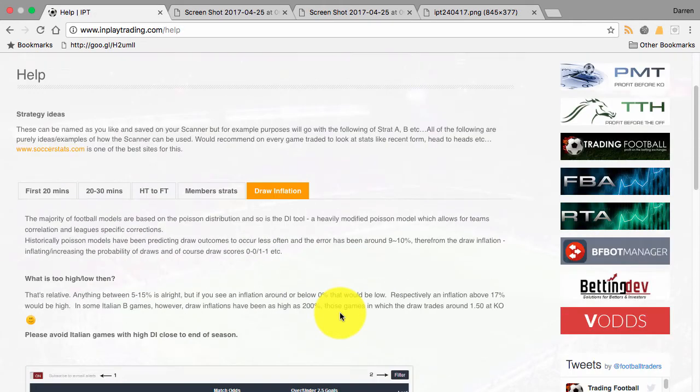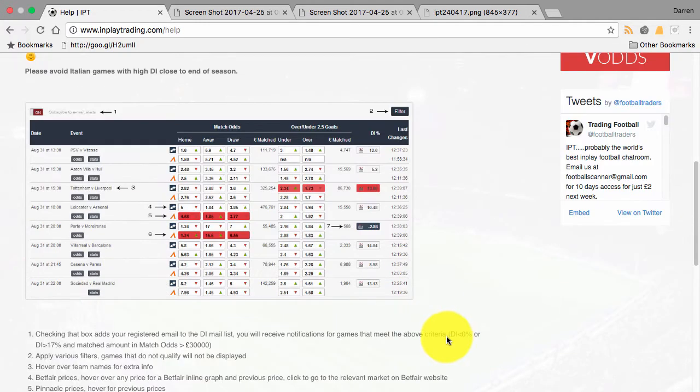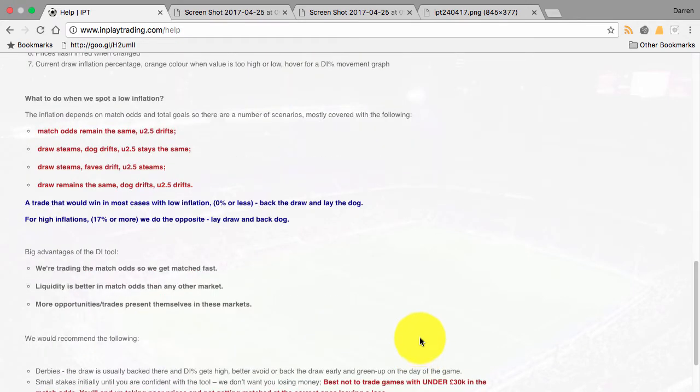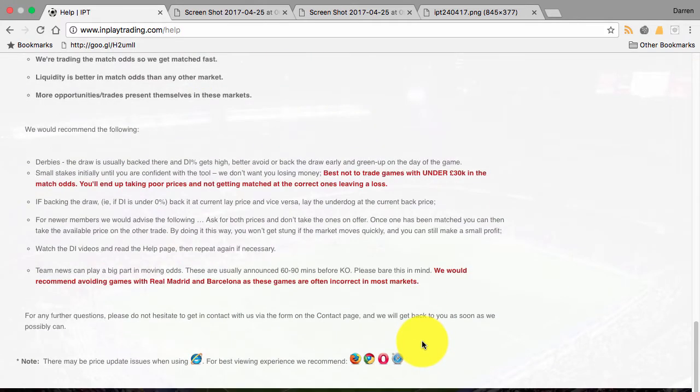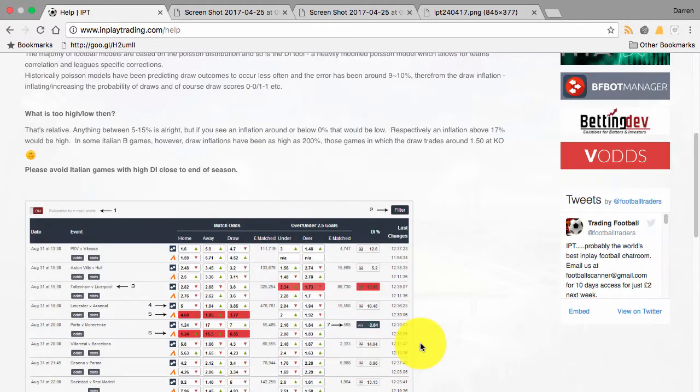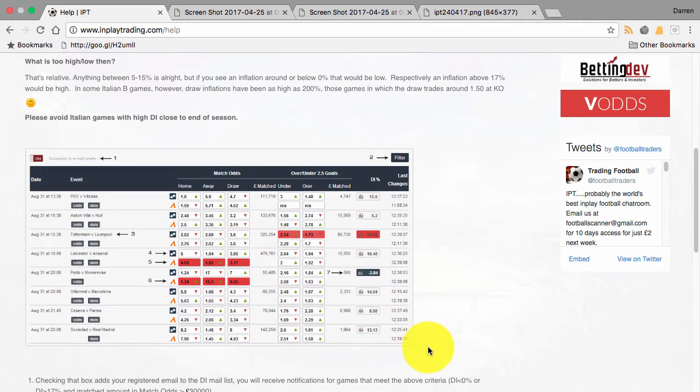And also this draw inflation tool, which comes free to all members. This is very much a pre-match trading tool. You may well have seen the site prematchtrading.com. Well, this is a subset of that. What it will allow you to do is to identify where prices could be wrong on Betfair, so you can trade them pre-match in order to create yourself some pre-match green, which you can then use in play, either to provide yourself with profit from the start of the match,